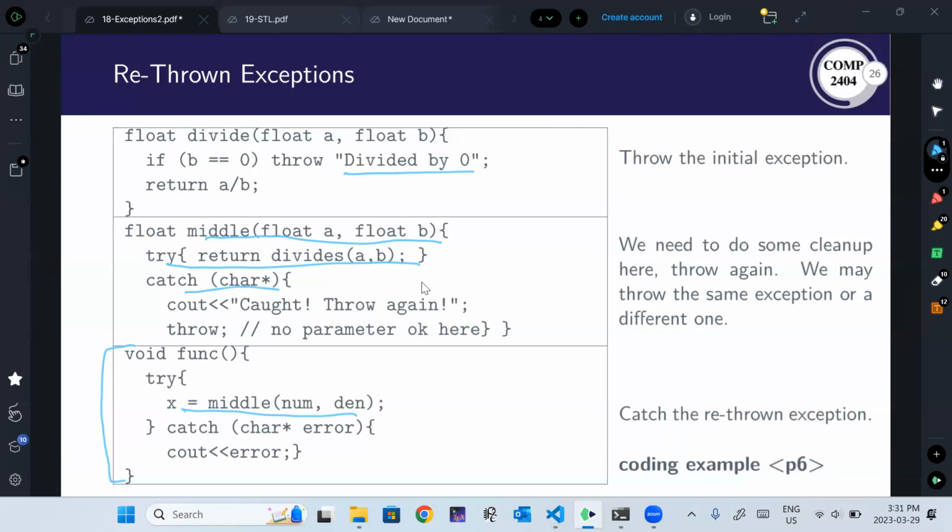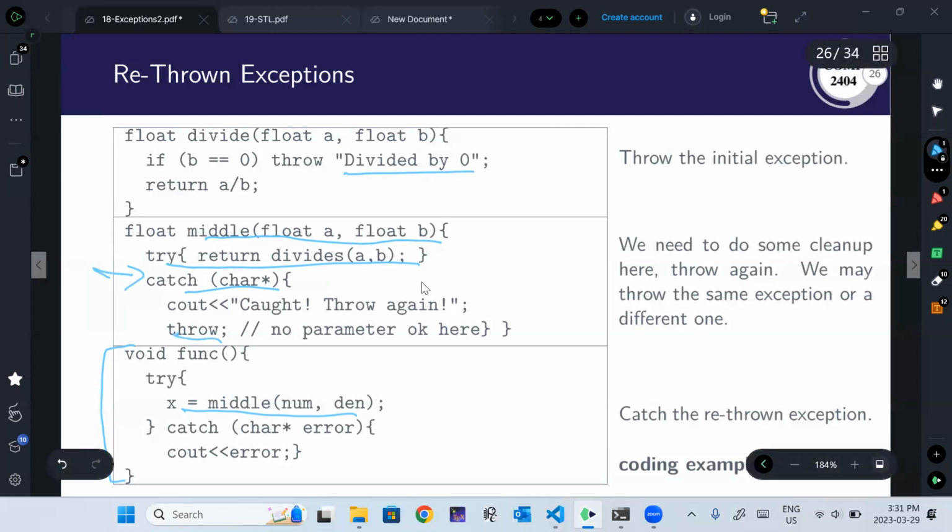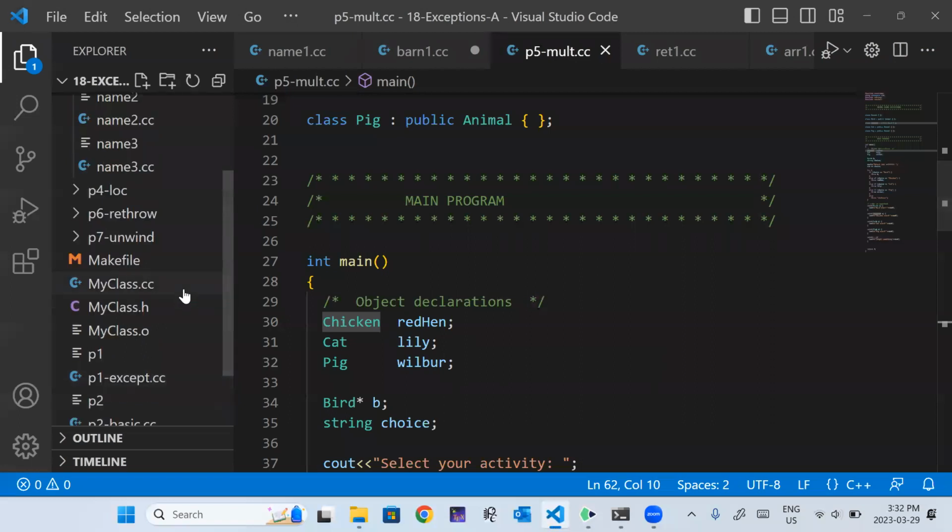The same as we have the order of the catches, well, there's an implicit order to the catches on our function call stack, right? So it's going to look at the next function down to find a catch block. So it'll look at this catch block first. If this matches, it'll get caught there. And then what we can do is we can rethrow that parameter, right? So this allows us to do something like clean up in an intermediate function.